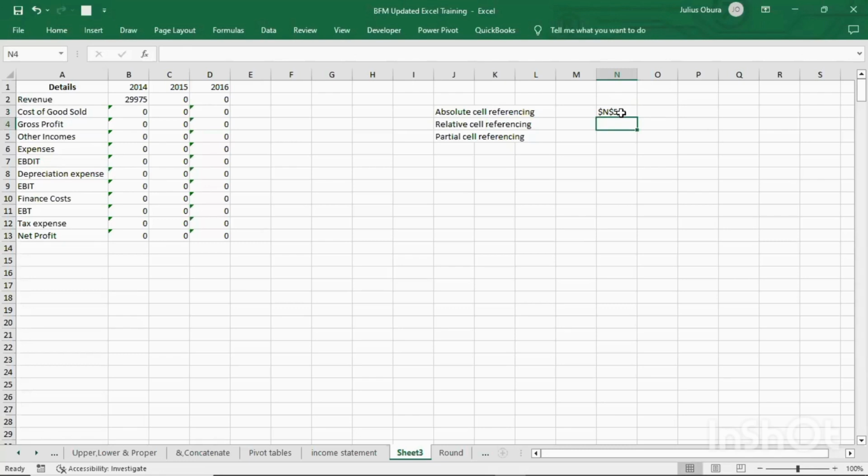Relative cell referencing will just be N5. You will not have anything there. You want everything to keep changing as you move. For partial cell referencing, we said you lock either the column or the row. By that, I have locked the column only. And by having this, I have locked the row only. I believe that gives a quick overview of what absolute, relative, and